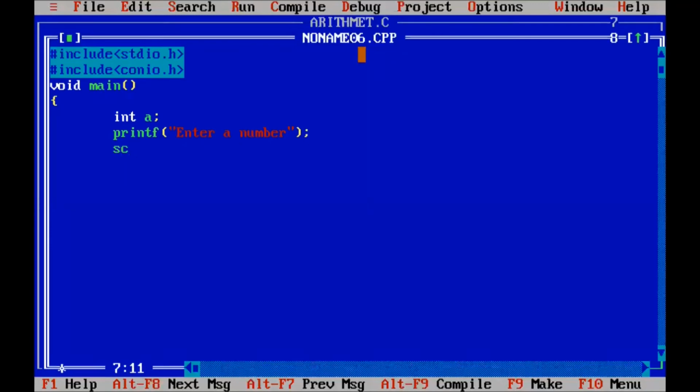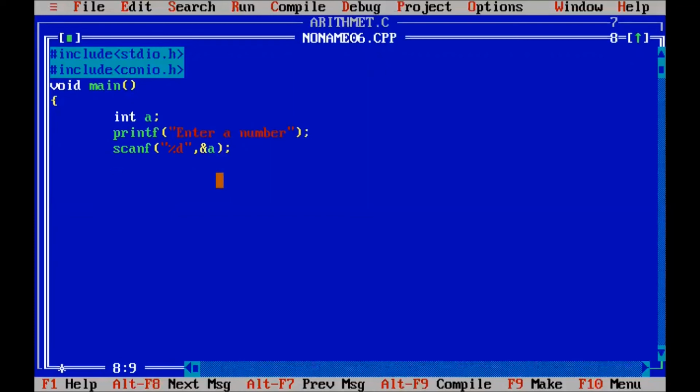So we enter a value and we scan this value, means we store this value, percent %d, ampersand a. So here we store the value of a by using the keyboard. We give the value by using the keyboard. So the a value is stored in a variable.